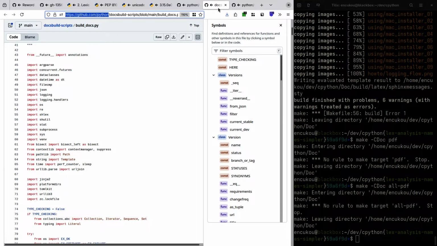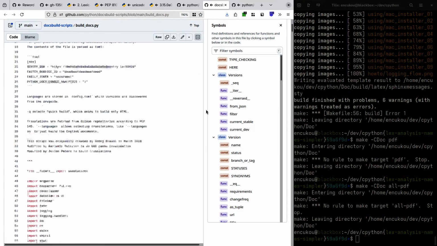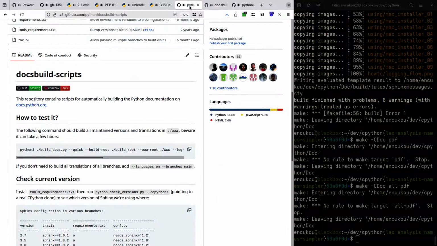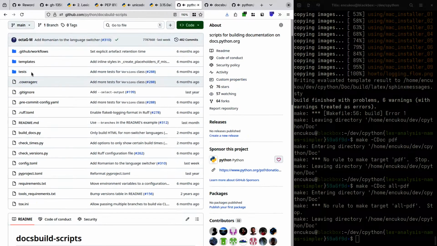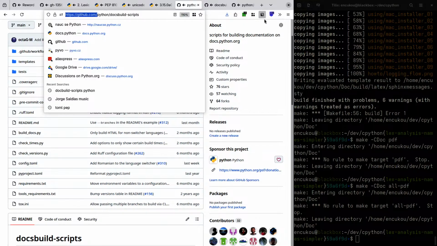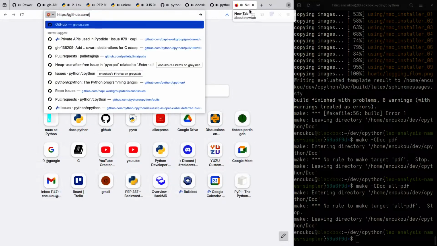Yeah, I'm not sure where the doc building machine is configured. That's probably in PSF salt. No idea.